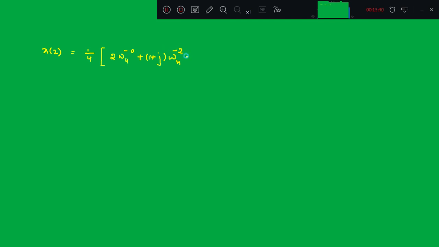Minus 2 plus 1 minus j, and here it is 2 into 3 is 1, w4 raised to minus 6, and this w4 raised to minus 6. 1 by 4, 2 into w4 raised to minus 0 is 1 plus 1 plus j, w4 raised to minus 2 is equal to how much? Which is minus 1